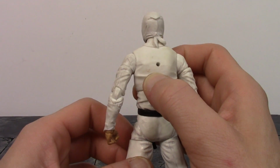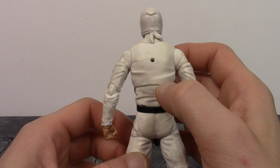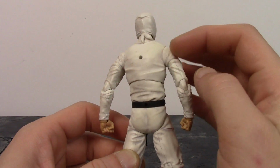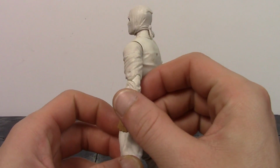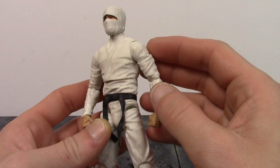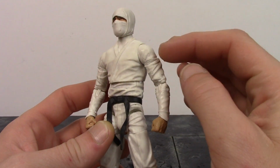And like I said before, we do have a little bit of the skin tone paint on his back there, but not really that bad looking, you know what I mean. But nice sculpted wrinkles on the back, and then the arms look great too. Beautiful sculpted wrinkles and very nice paint shading all throughout it, and the bicep swivel blends in very well on